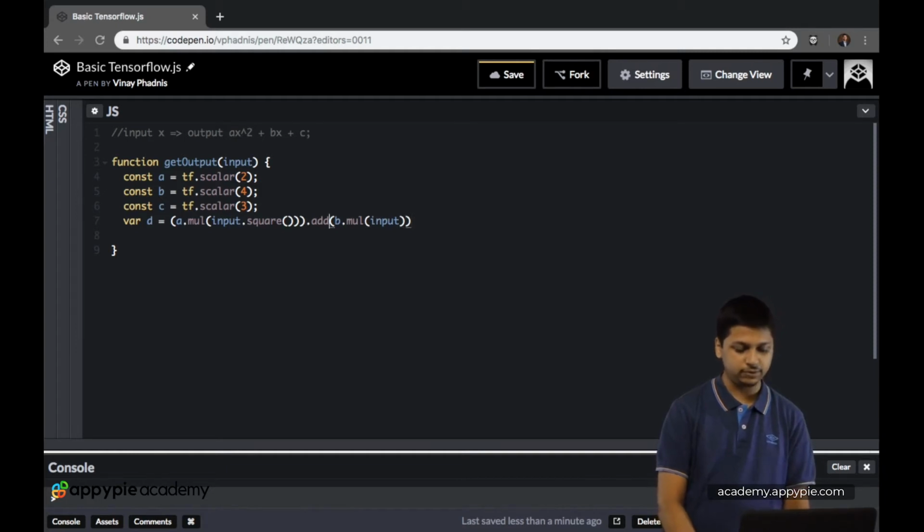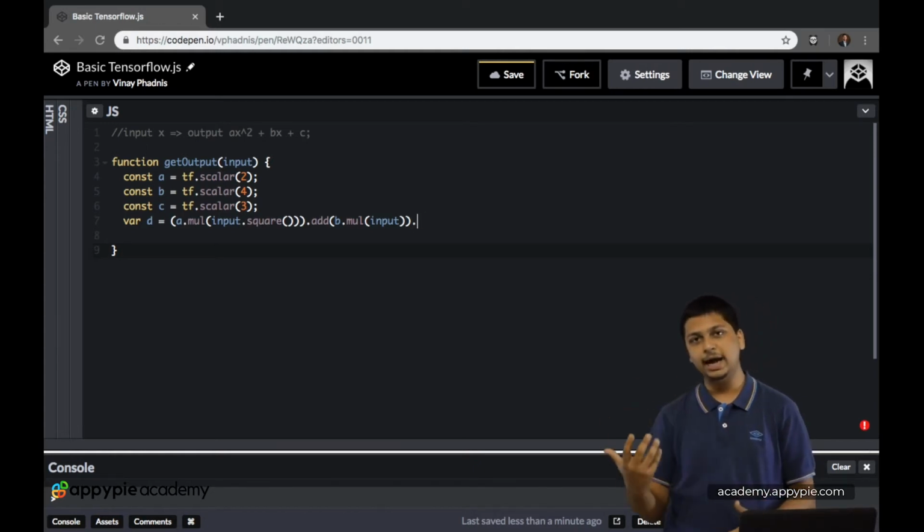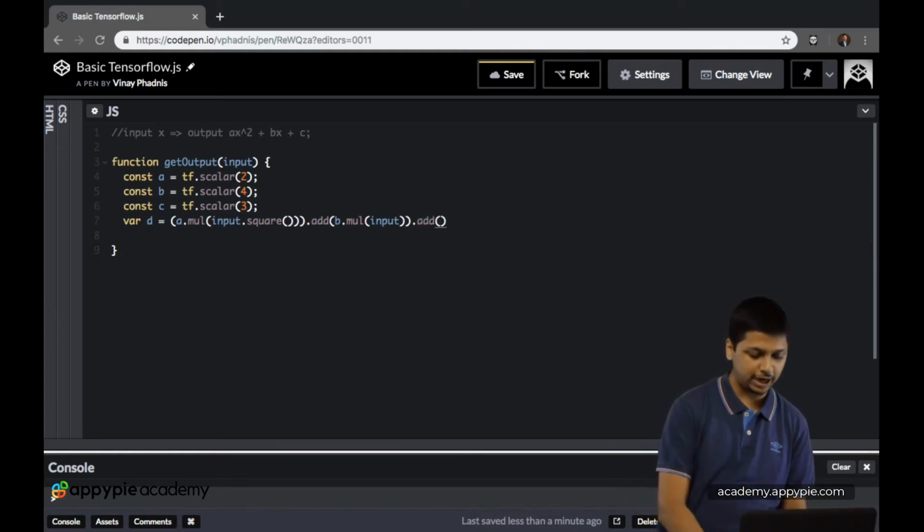And then let's convert this again into brackets. So then after the add we basically have a dot, and now we have to again add the value of c. So add, and we have c over here.